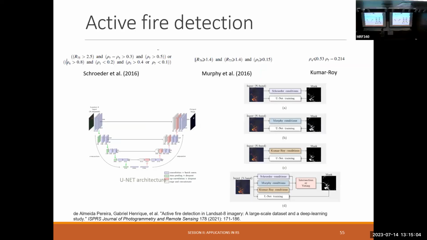A couple of last things, and then we're going to make it hands-on. Another scenario is active fire detection. In the case of active fire detection, what you want to do is take a satellite image and identify where the fire is, right? This is an interesting problem, and it's different from what is usually done in remote sensing, which is burned area